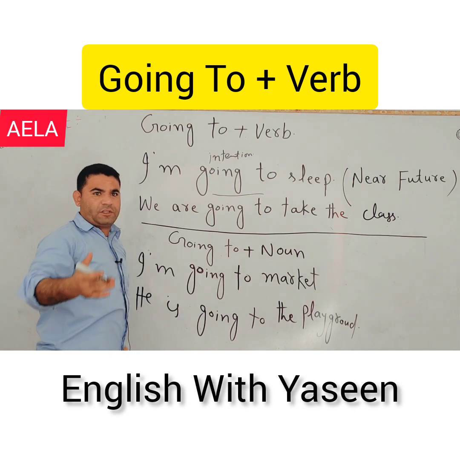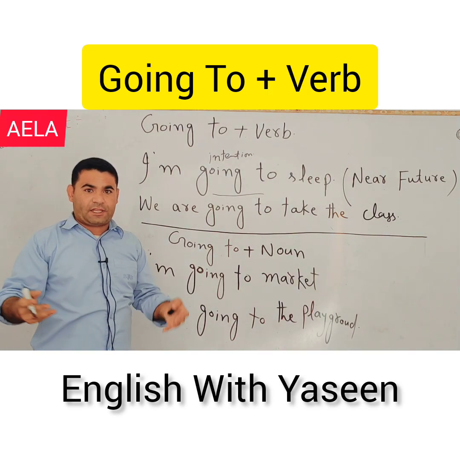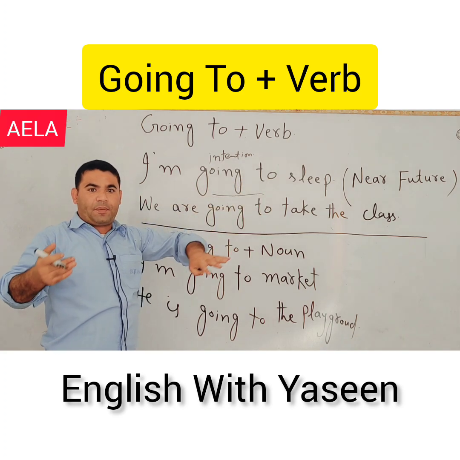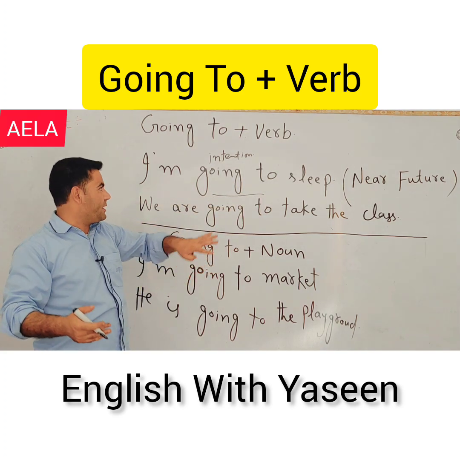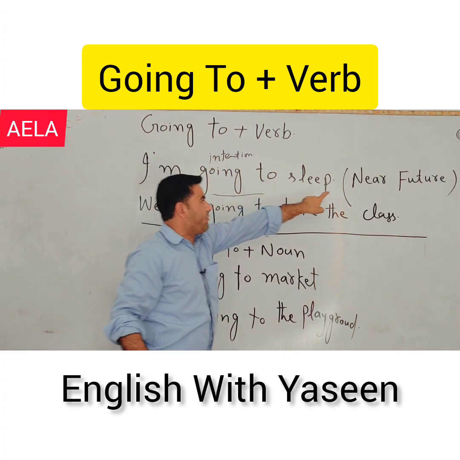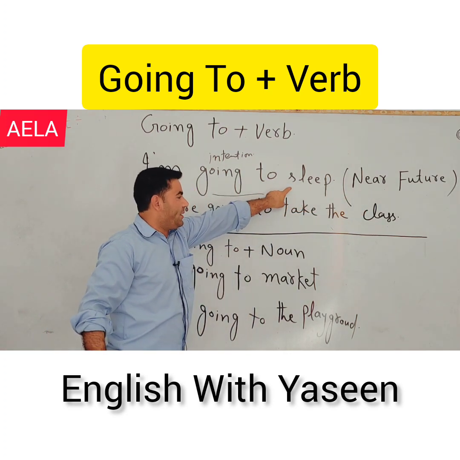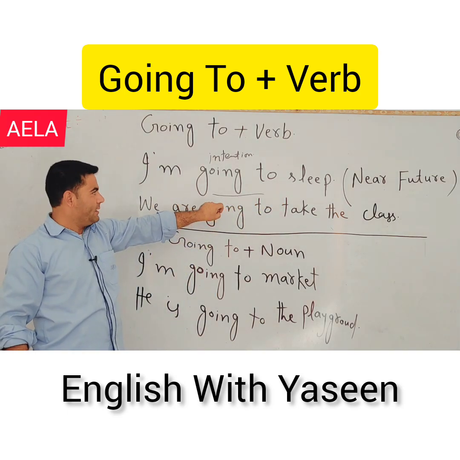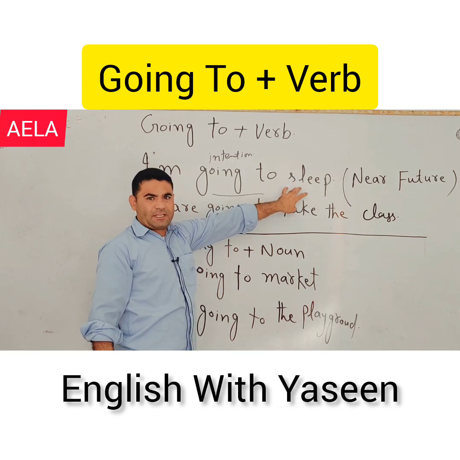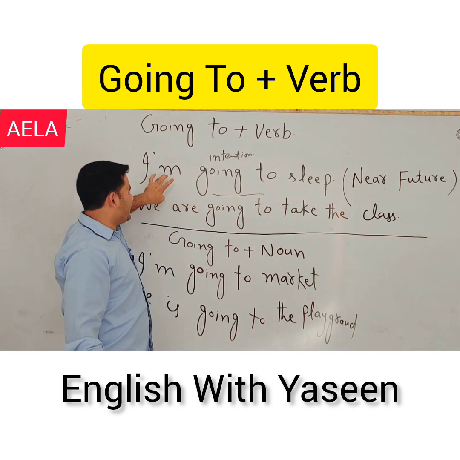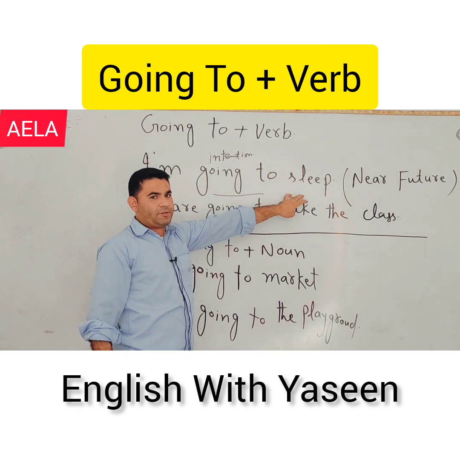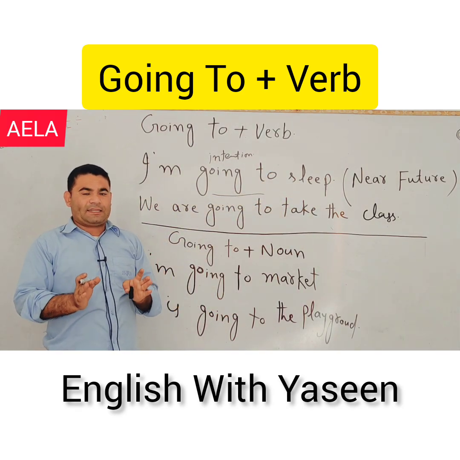Maybe, for example, if someone is very sick and you say he's gonna die, that becomes your opinion. So "going to" can become your opinion, it can become your intention, but "going to" will indicate near future when a verb is used after it. For example, I am going to sleep. So sleep is a verb. So when a verb is used after going to, you should realize that